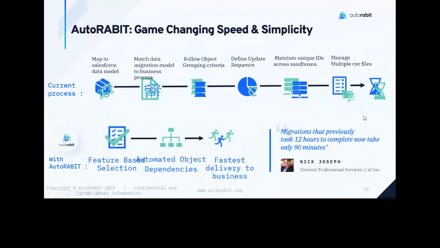So this is one of the testimonials from Nick Joseph, who is the director of professional services at Encino worldwide. He says migrations that previously took them 12 hours to complete now take only 90 minutes, right? So you can imagine the kind of environment they must be working in, when it comes to banking and financial services operating systems, and those kinds of vulnerabilities they have to go through. So they believe in us in terms of working with us, and we have